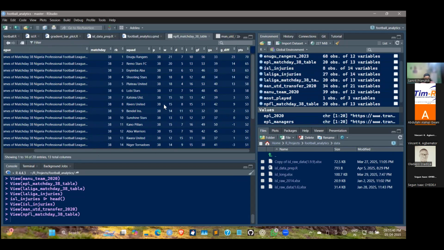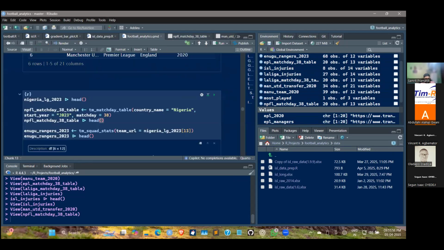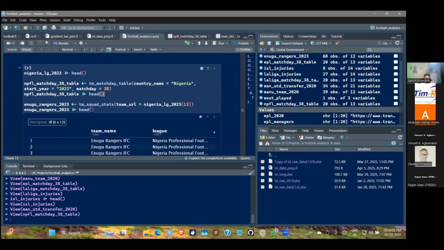So from this table, you can see the team Enugu Rangers were champion, with 70 points and 21 matches won. So for the year 2023, we have our champion team. And for our champion team, if I need to check the squad, you can also check that. That is, I am checking using the TM squad stat function and team URL equal to Nigeria League 2023 30. So why 30? Because if we run this,